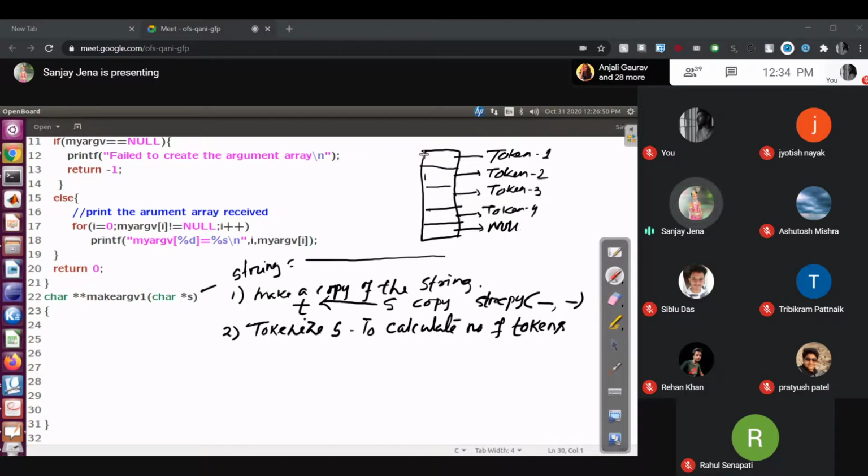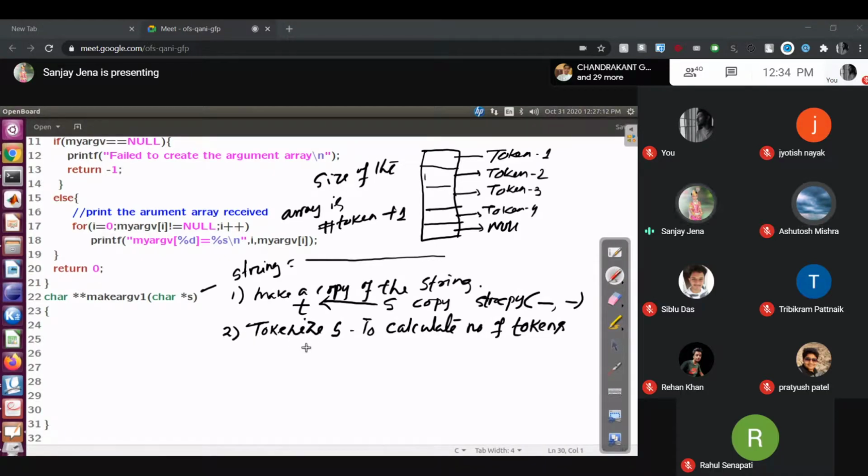Then the size of the array is the number of tokens plus 1. Is it clear? Second step over.